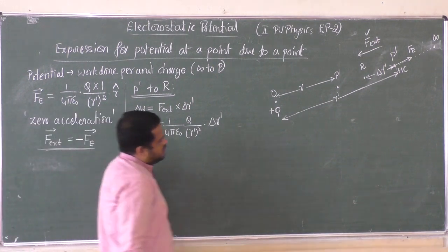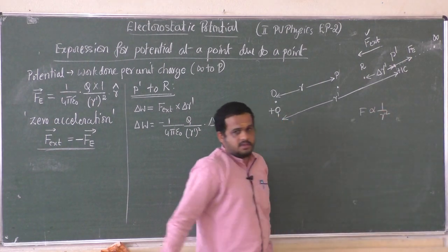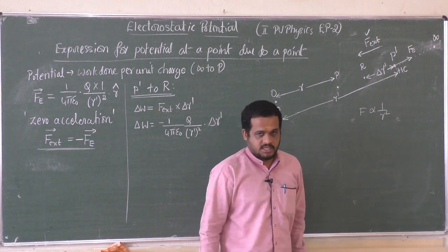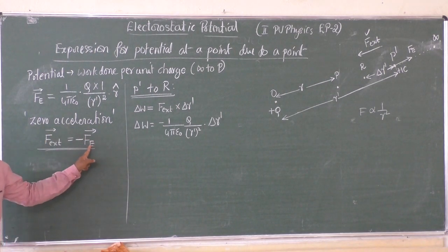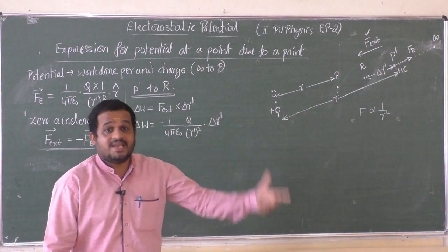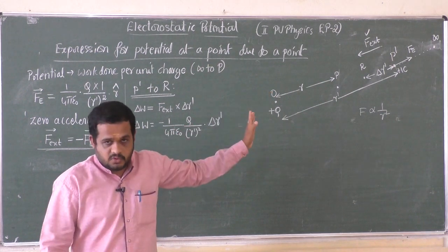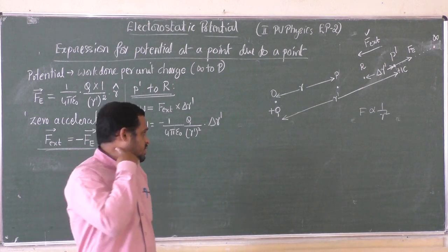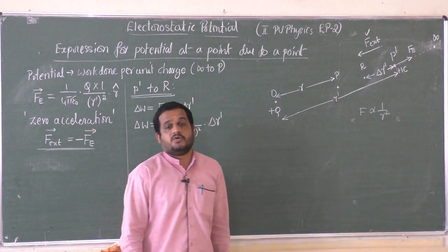Now electrostatic force is inversely proportional to R square. That means if distance changes, the magnitude of electrostatic force also changes. Magnitude wise, the external force is equal to the electrostatic force. That means in this case we have to use a variable force. The external force applied is not a constant force, it is a variable force. In first PUC we have studied the concept of variable force and we derived an expression for work done by the variable force.